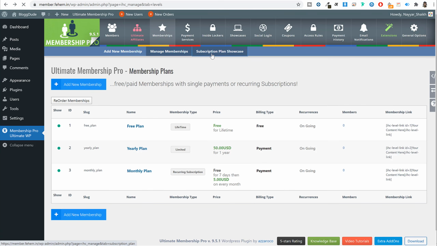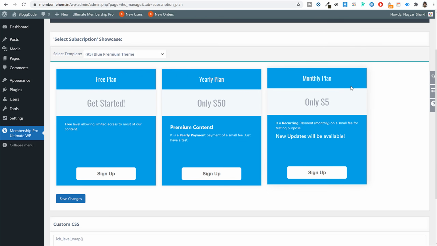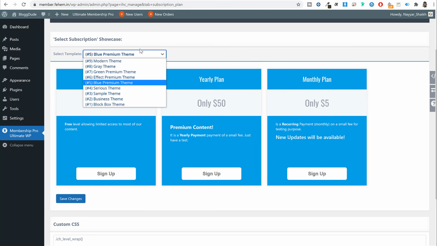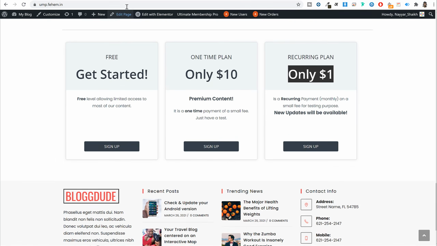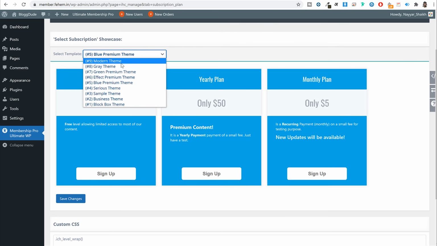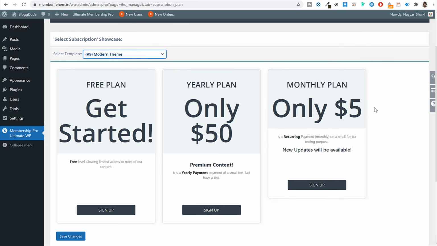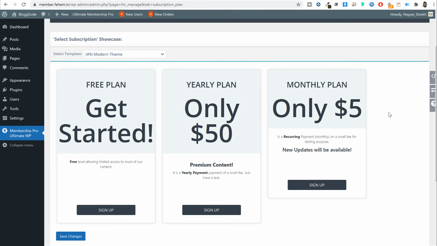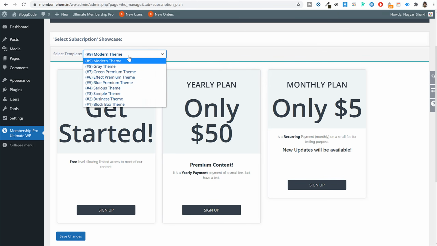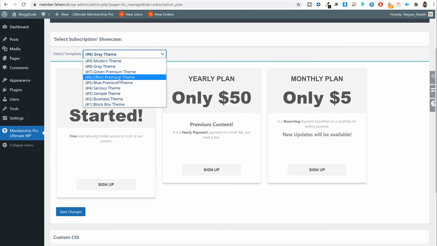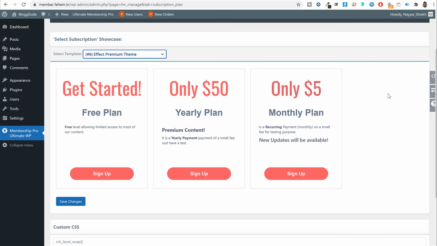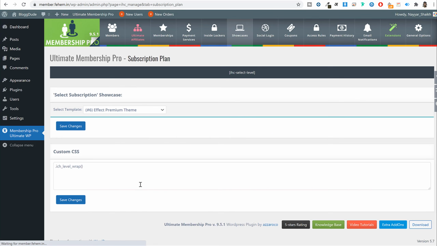Now we have this option, subscription plan showcase. So by default, how your subscription plan designs should look like. So this is the default one. The one that I've used in the demo website, I think this is this one, modern theme. Yeah, this one. But later on in this video, this text is very big. I'll show you how you can change the size of the text and all. By default, let's keep it at, let's see some more designs. Okay, this also looks good. If you want, you can change the color and all. This also looks good. So maybe let's keep it at this one and click on save changes.